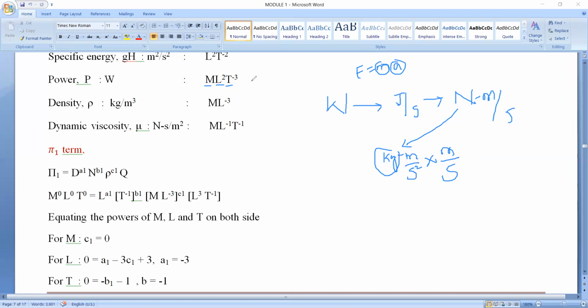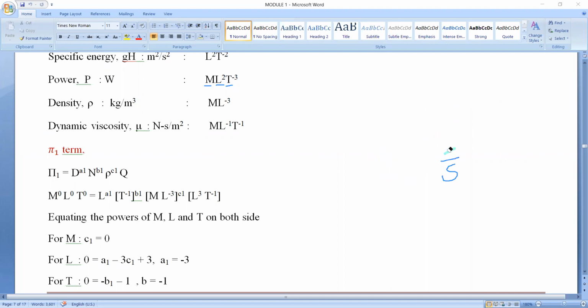So these are frequently asked questions in competitive exams. So what is the dimensional form for power, for viscosity? He'll ask these things. These are very important things. So this is a simple way. If you are unable to remember these dimensional forms for typical units, then you can do the expansion as I have done.